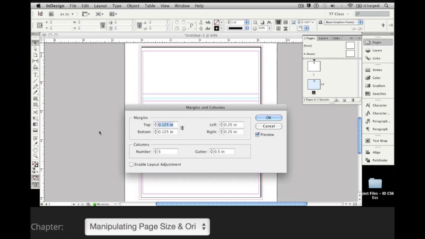So I took it from a landscape view, and what was the left side margin, when I rotated it 90 degrees counterclockwise, appears as the bottom of my page, but as far as InDesign is concerned, it's still my left side margin. So I'm going to change that from 0.25 to 0.125,